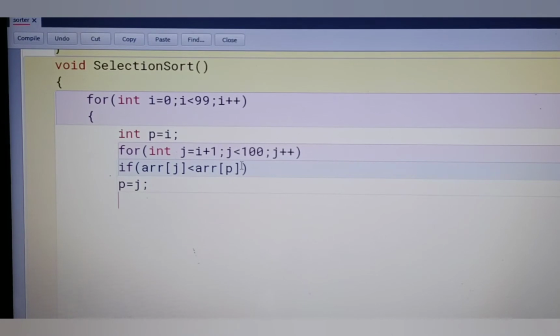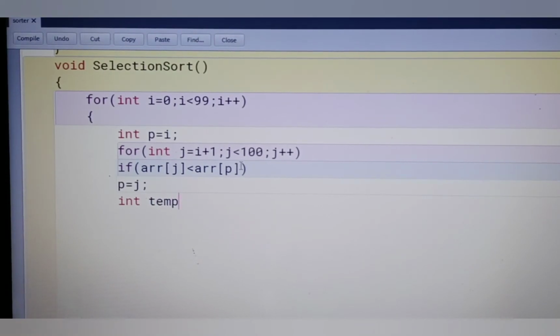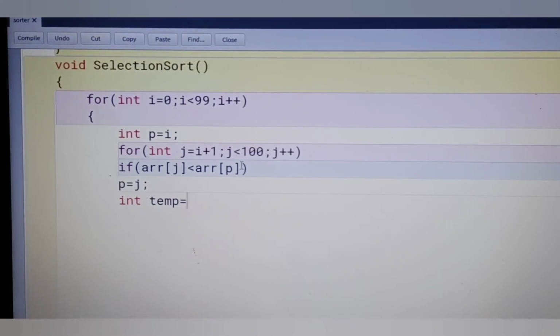Then we take another variable, int temp, for swapping. Temp is equal to array of p, and the next line array of p is equal to array of I, and the next is array of I is equal to temp.